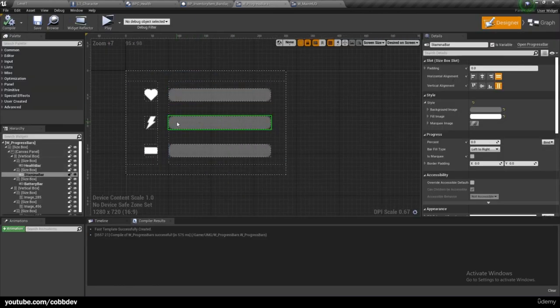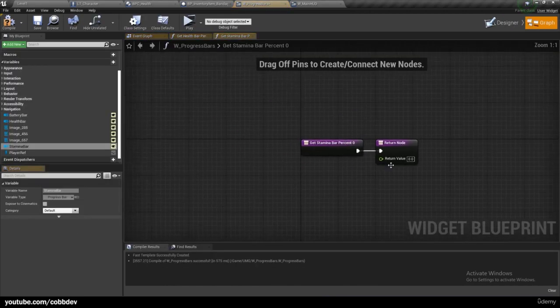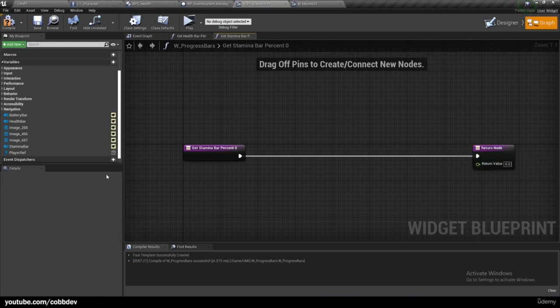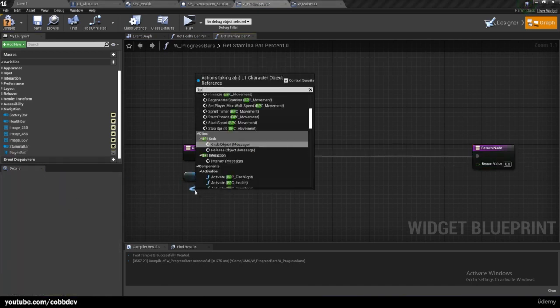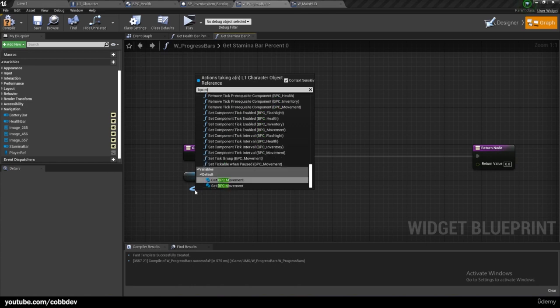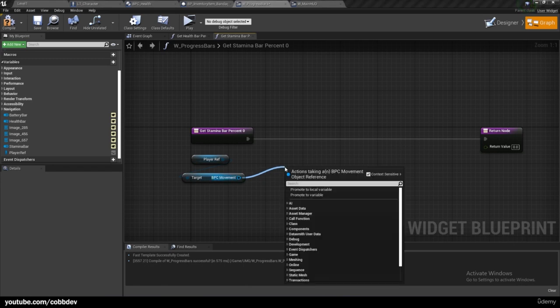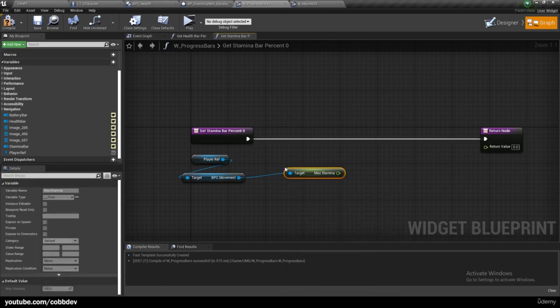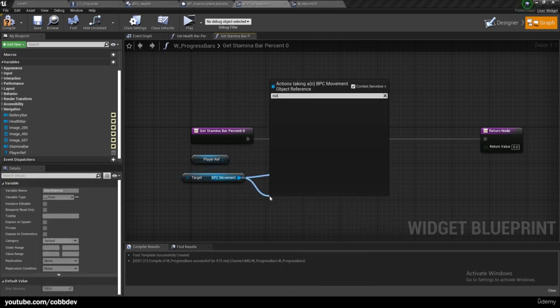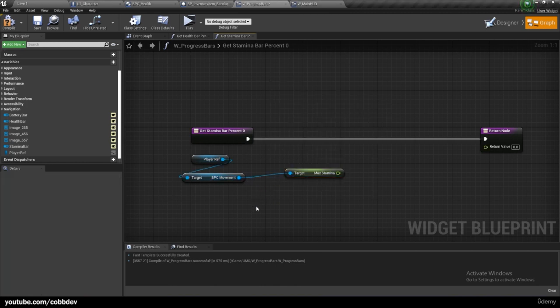So let's grab our stamina progress bar, percent, we want to create a new binding, pull this out, play ref, and get BPC movement. So we need our max, current, and min stamina, so we can get our max stamina, our current, oh, and our current, I know why our current isn't showing up. We need to